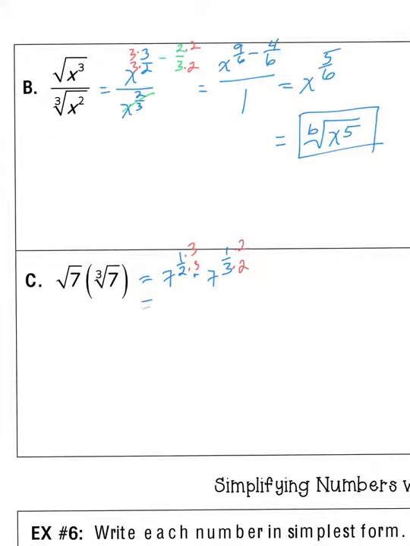So I end up with 7 to the 3/6 plus, because I'm multiplying like bases, I can add those exponents, 2/6. So I get 7 to the 5/6, and so it looks very similar to the previous one, except instead of an x we have a 7. And so to rewrite that in radical form, I've got the 6th root of 7 to the 5th. Normally I would make you multiply out 7 to the 5th because it's an actual number and you can, but I'm not going to make you do it here. If you had a calculator I would, but